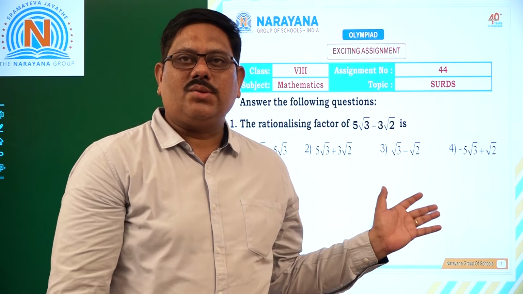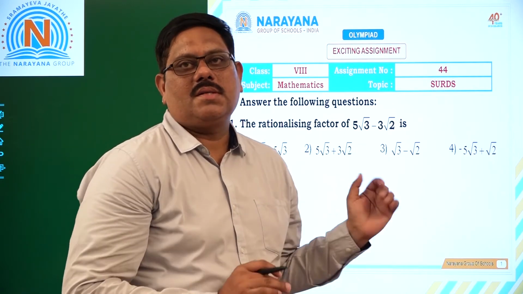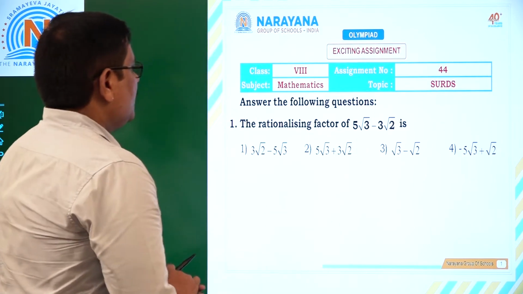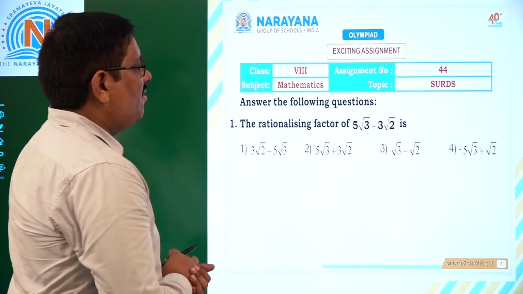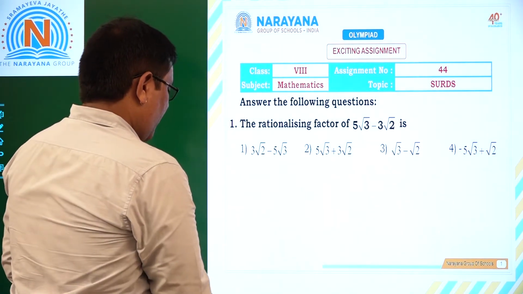Today for 8th class students we are going to discuss assignment number 44 on Surds. Okay, now let us see the first question. The rationalizing factor of 5 into root 3 minus 3 into root 2 is, if you look at,